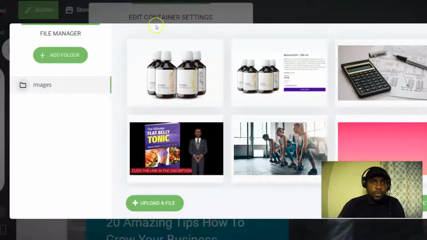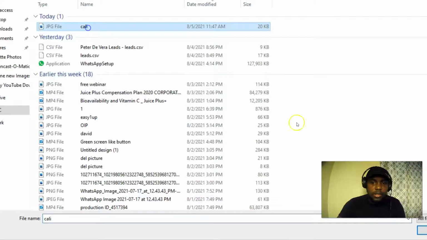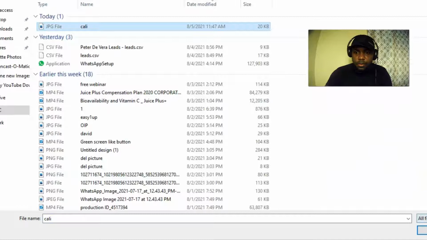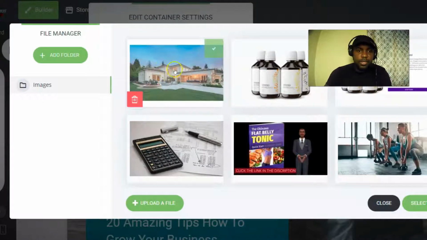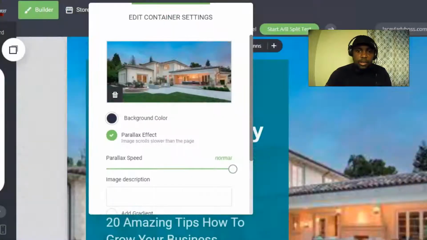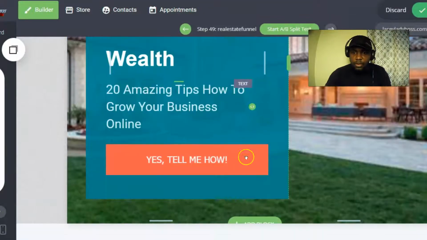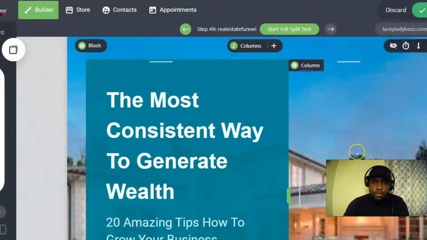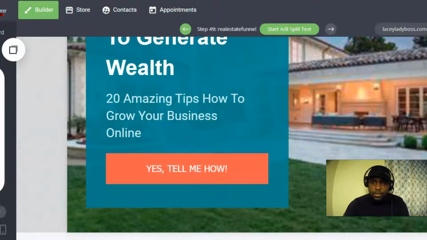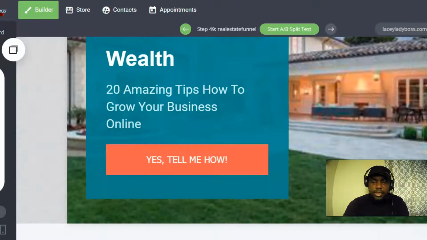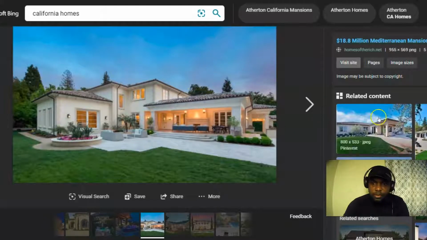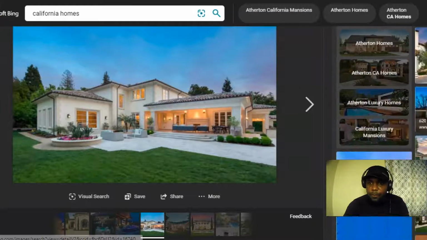And then head back over to the funnel builder and upload a file, and click on Cali right here, and hit open. And now you're going to see I have this image in my funnel builder system. I'm going to select it and boom, we have an image behind here. All right, so this is just an example. Click on save. All right, so this looks a little bit flaky, it looks a little flaky right here. Let me see if I can find